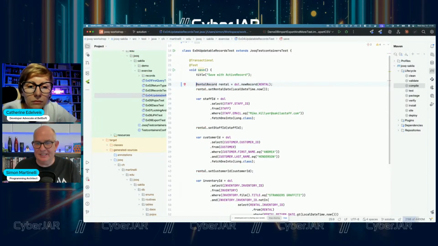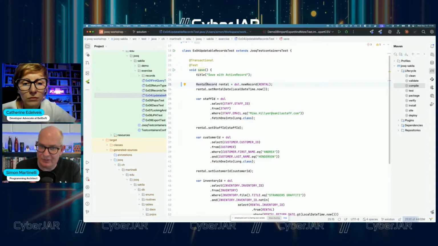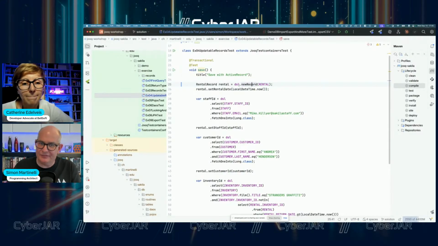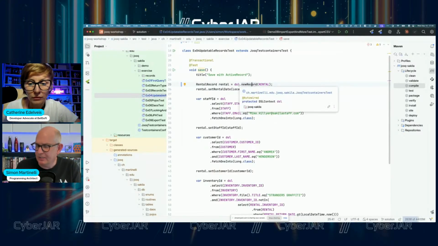What this new record call creates is a rental record instance, right? So that's one of these active records. Why do we need to call new record here? That's the same as when you use, for example, the entity manager for JPA. The DSL here, by the way, is of type DSLContext, and DSLContext is comparable with the entity manager of JPA.